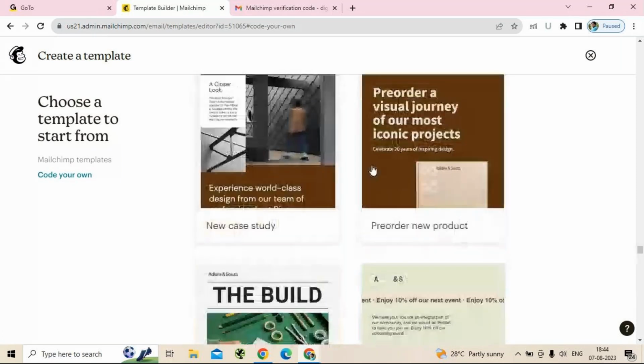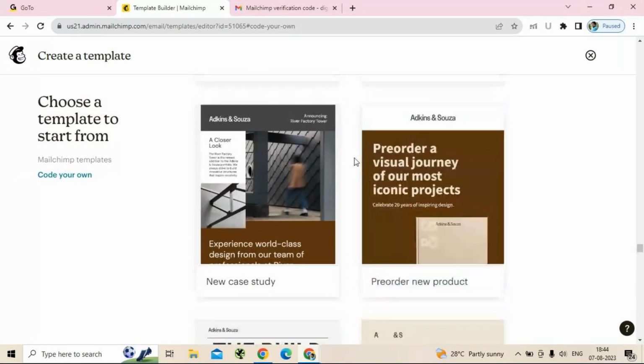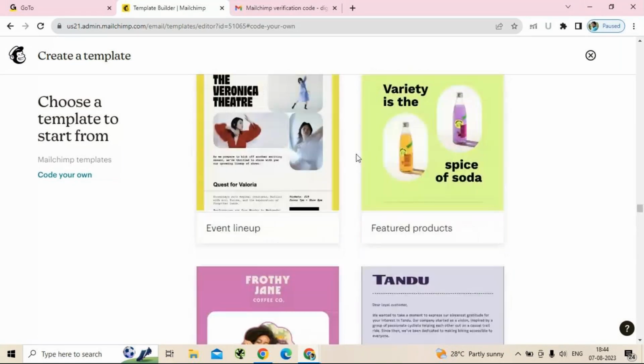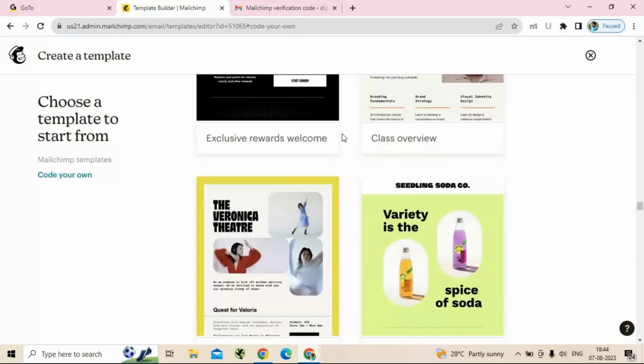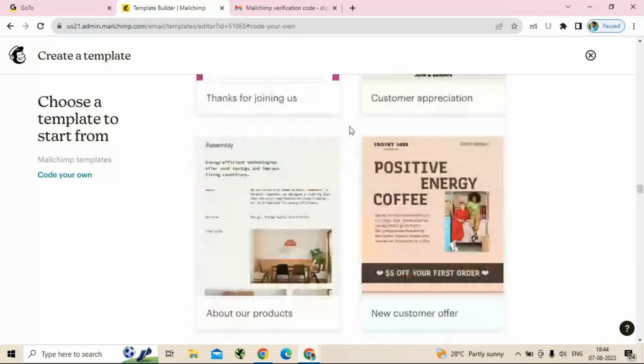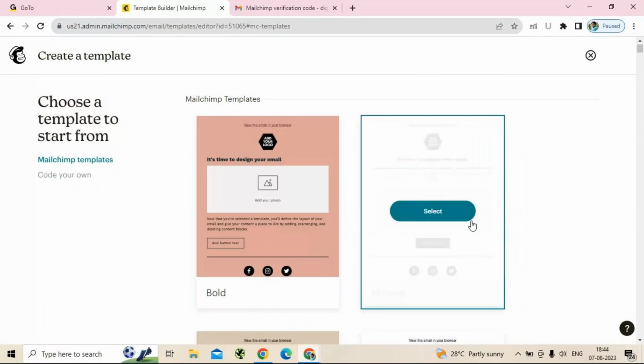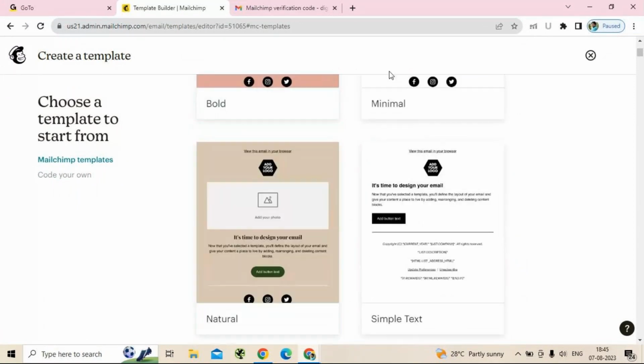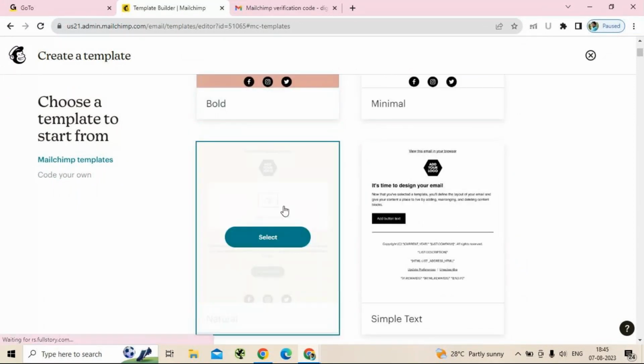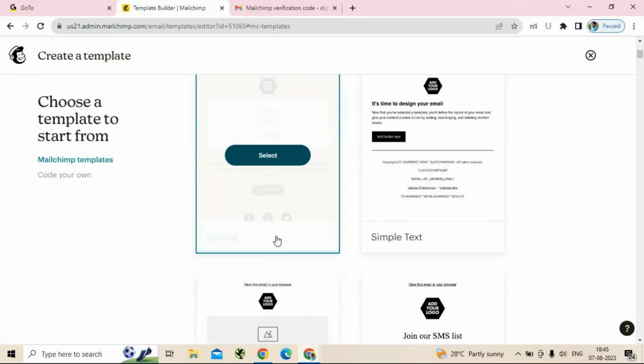it is the same options that have been given. Most of the options are with upgrade to use. Let us come back to the MailChimp templates and choose any one of them which is free. Okay, let me choose this as a template